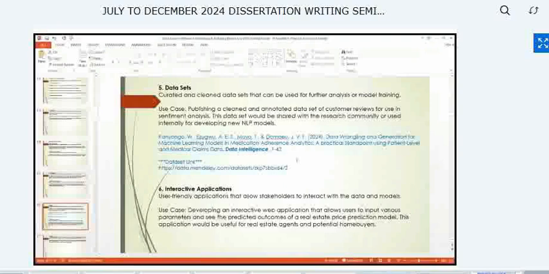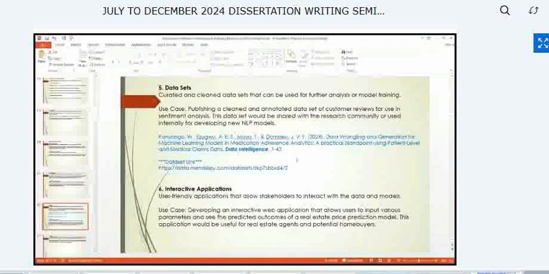So what are you doing? You might be publishing a cleaned and annotated data set of customer reviews for use in sentiment analysis. And this data set would be shared with the research community or used internally to develop new natural language processing